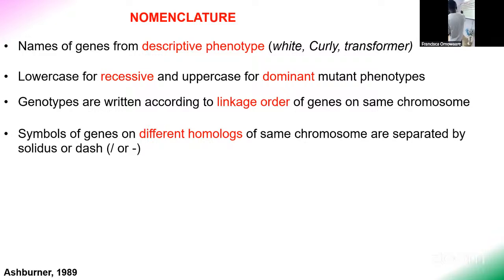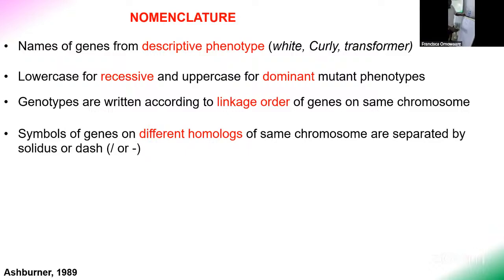So also, symbols of genes on different homologous chromosomes, also on different homologs of the same chromosome, are separated by a solidus or dash. Basically, let's say for example you've got a white-eyed animal. A white-eyed animal would have W over W. Is that okay? These are white-eyed animals, and they will have what we call the white minus. Because they are homologs of the same chromosome, you separate them by what we call,